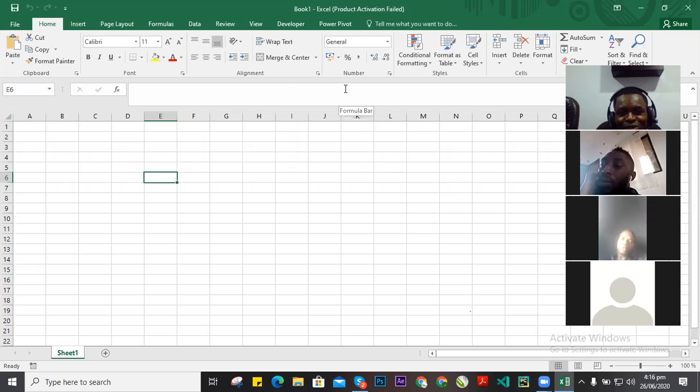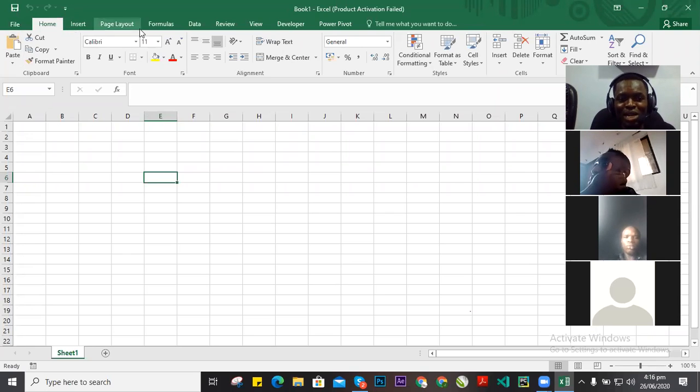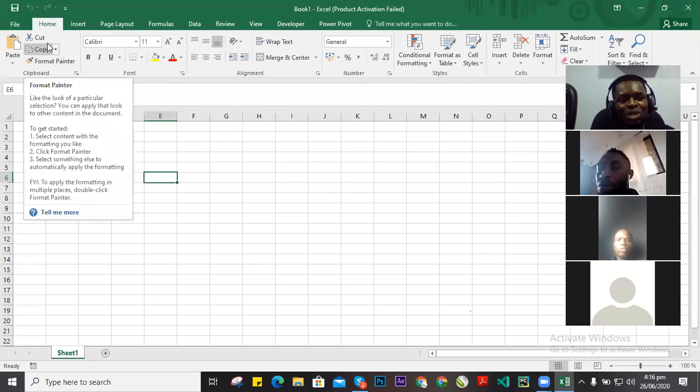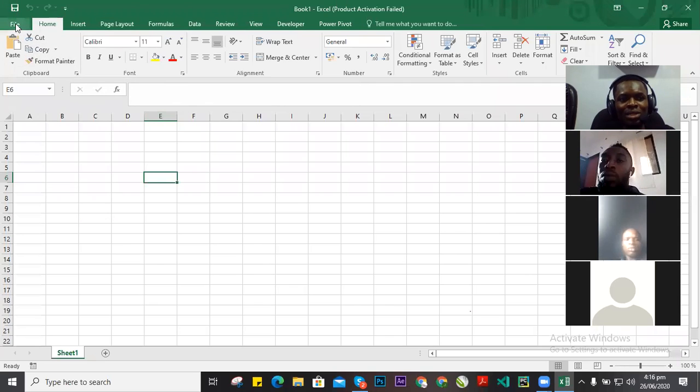So this is the display screen. Now Excel, back in time, did not look like this. It looked different. If you look at Excel 2003, the version 2003, it didn't have these tabs like we have. The interface was not like this. But let's try and understand what this interface is. On the interface we have what we call